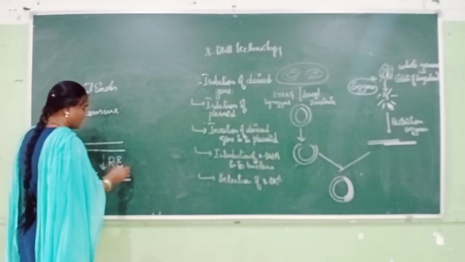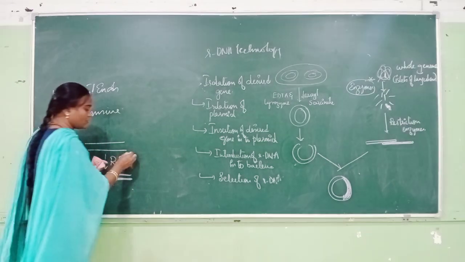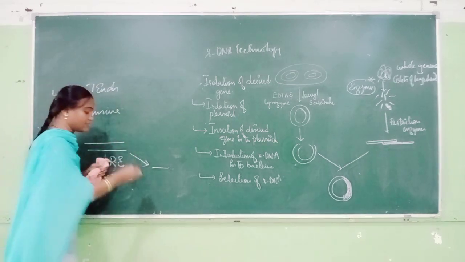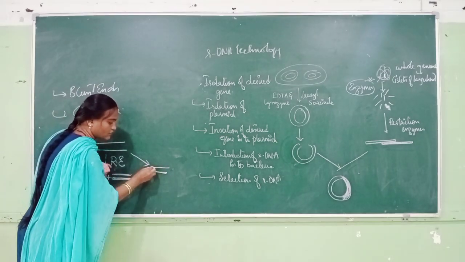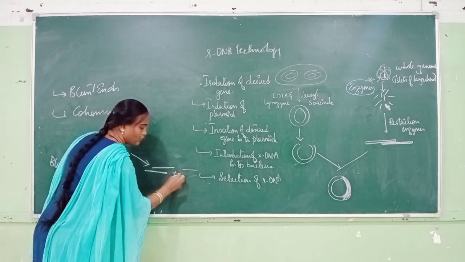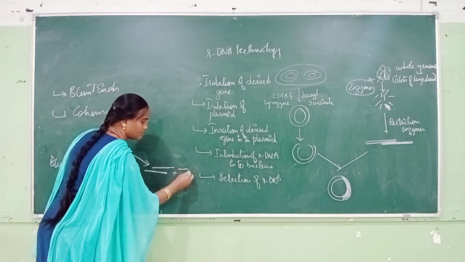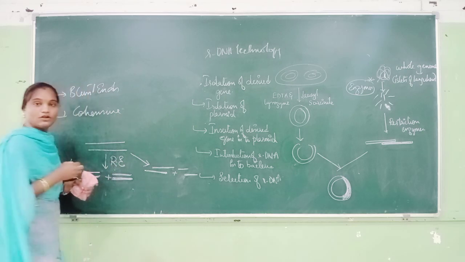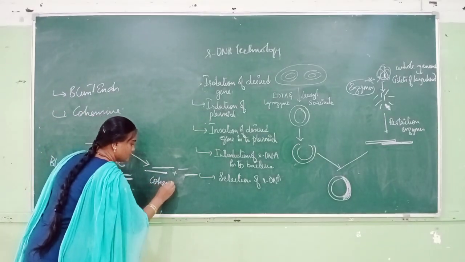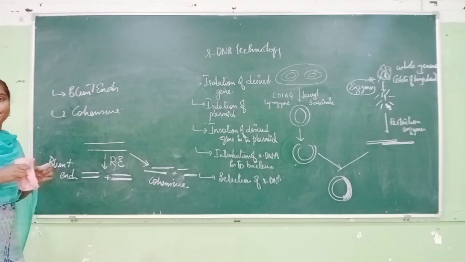Next, whenever a DNA molecule is treated with restriction enzymes, they may also produce cohesive ends. Means one strand will protrude beyond the other strand. This is what we call cohesive ends. One strand protrudes from another strand. So these are cohesive ends. Got it? These are known as cohesive ends or protruding ends. These are blunt ends.